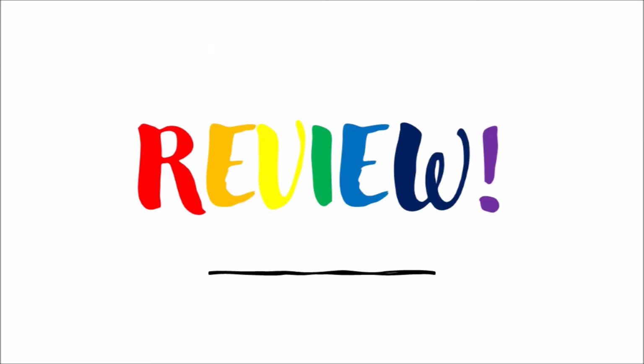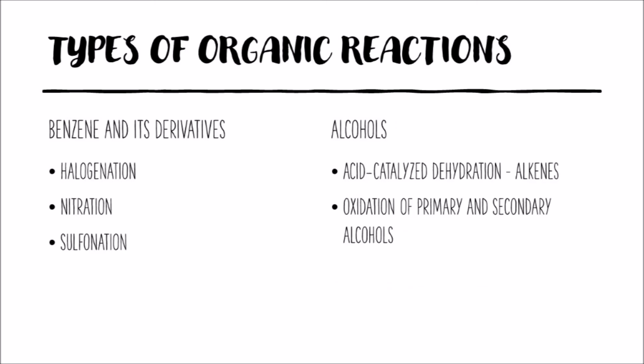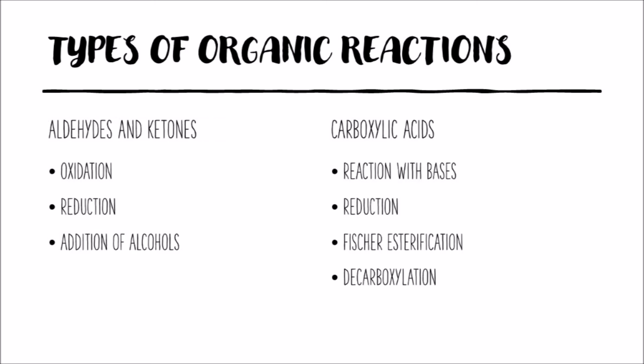Now that you have learned the different types of organic reactions, let's review. Alkanes can undergo combustion and halogenation, while both alkenes and alkynes can undergo halogenation, hydrogenation, hydrohalogenation, and acid-catalyzed hydration. Benzene and its derivatives can undergo halogenation, nitration, and sulfonation. Alcohols undergo acid-catalyzed dehydration and oxidation. Both aldehydes and ketones can undergo oxidation, reduction, and addition of alcohols, while carboxylic acids undergo reaction with bases, reduction,